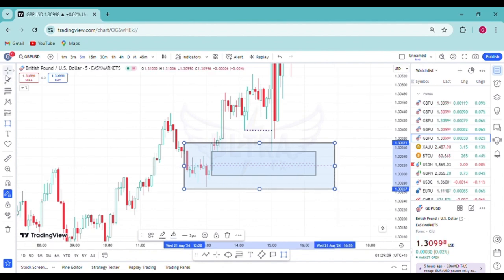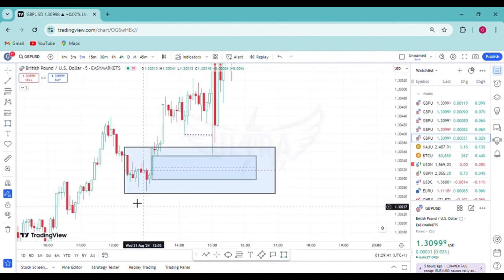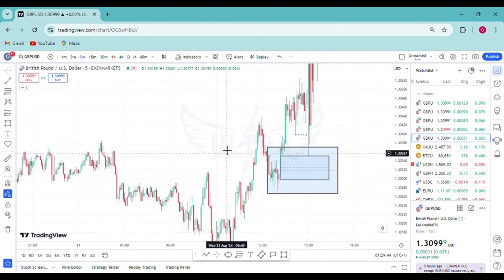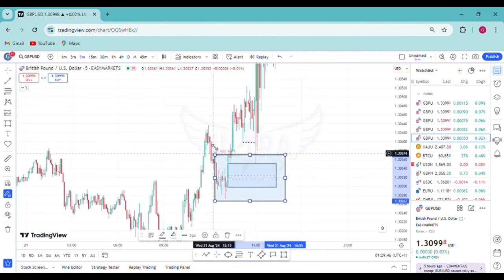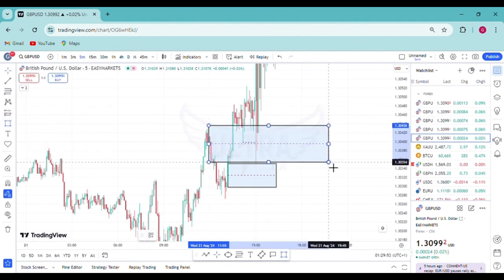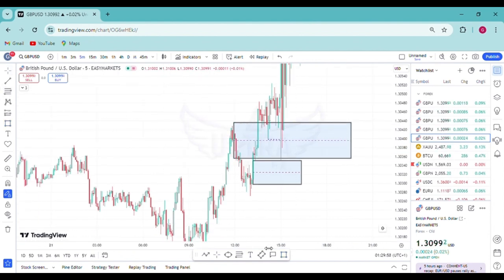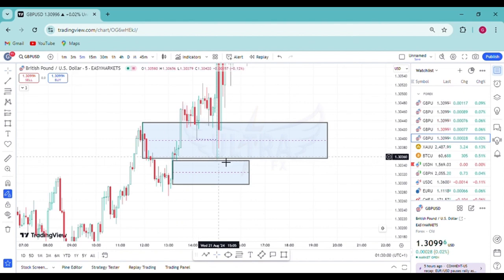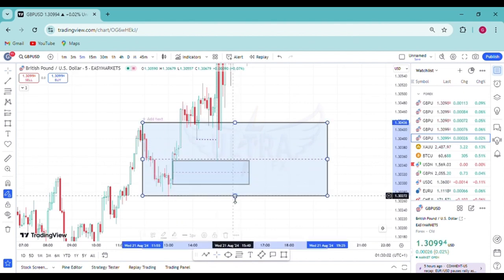If you want to be sure, you can use this breaker. You can see that it has a breaker or mitigation block right here. Then you draw it to your wick, and here we have